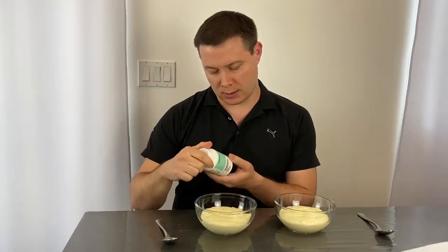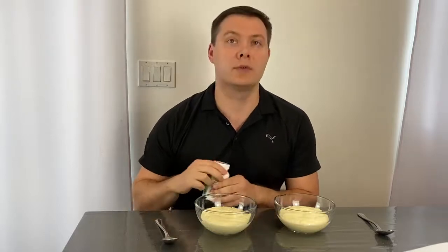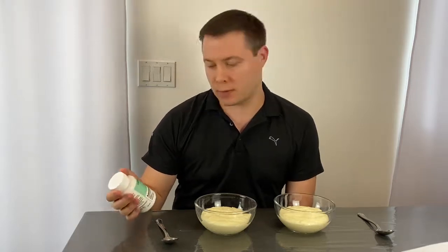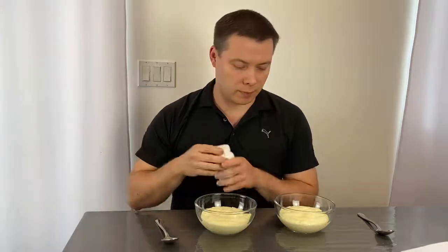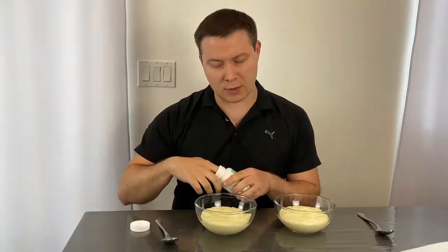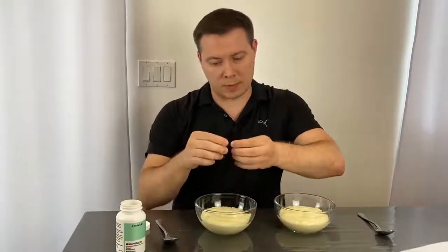This is something that will help us absorb or assimilate essential nutrients that we get from foods, pretty much mainly foods, and helps us digest and get those essential materials from them. So basically, this process might take a little while, so I'm gonna start off by breaking one of these capsules. Usually we take one with some water whole, but in order to speed up the process, I'm gonna get one